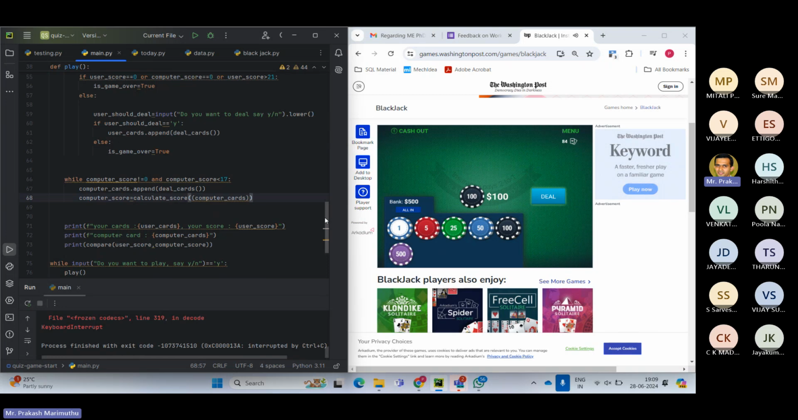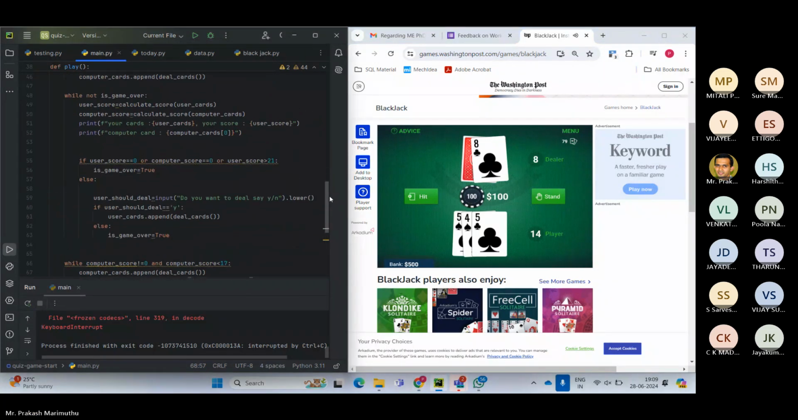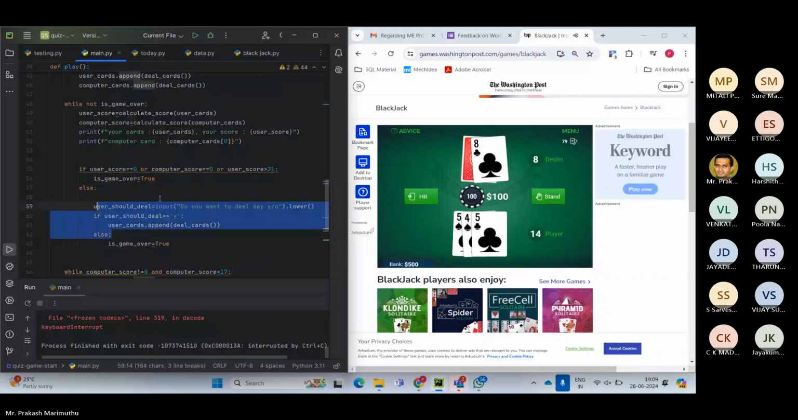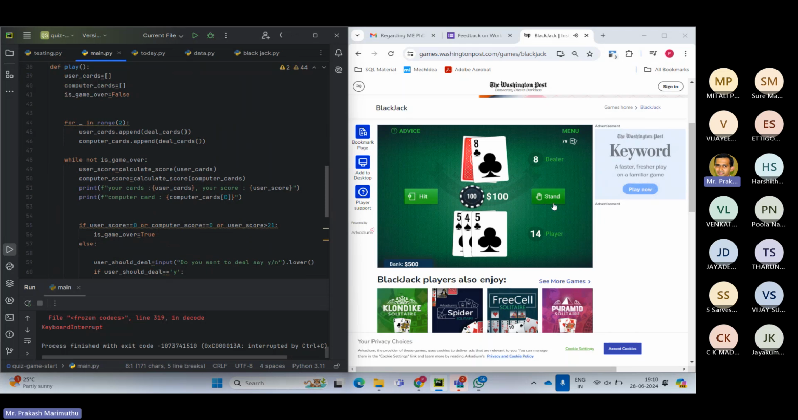Okay. Then finally, it says what are your cards and what is the user card. For example, if I say hit, it will draw. So again, we are here now. Should I deal? If I say yes, it will take one more card and calculate the score and bring it. So for calculating the score, I am putting one more, this I explained to you. Then once the dealing is over,